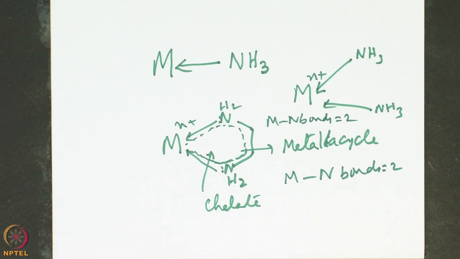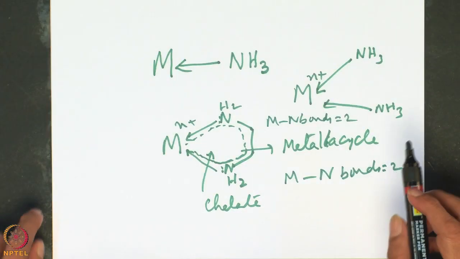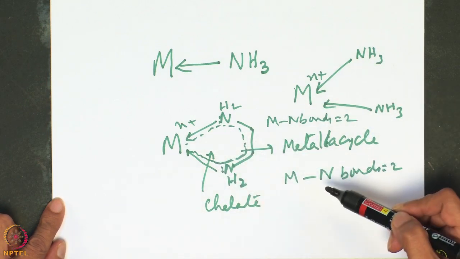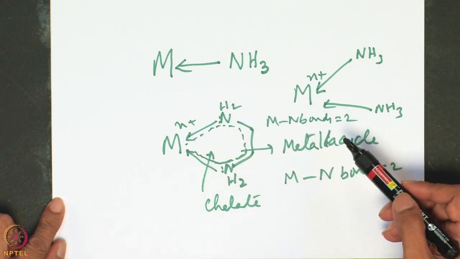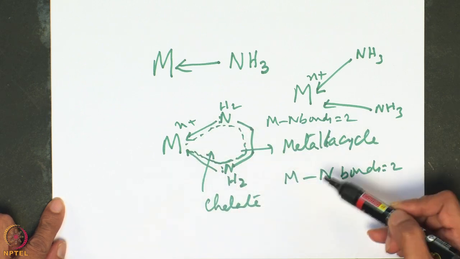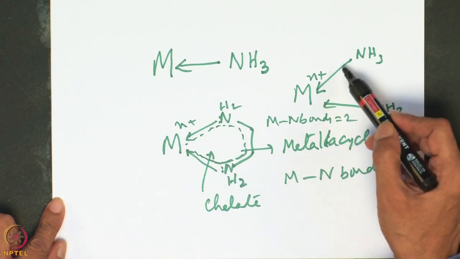So, do you expect any difference in the enthalpy of these two systems? I am sure when I asked this in the regular class, some people said no, we do not expect much difference. Some people said yes, this will make a difference. Let me tell you, when you compare directly, there are two bonds of the ammonia and two bonds with the amine, so you should not expect much difference as far as bond strength is concerned. But that is not true, because it is forming a closed cycle, which is a chelate, and this gives a bit more stability than this molecule.